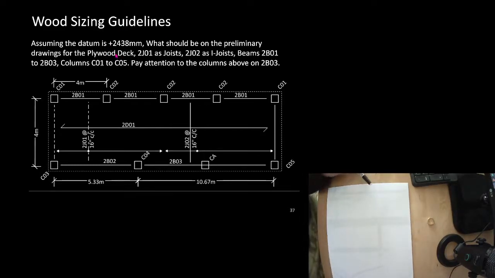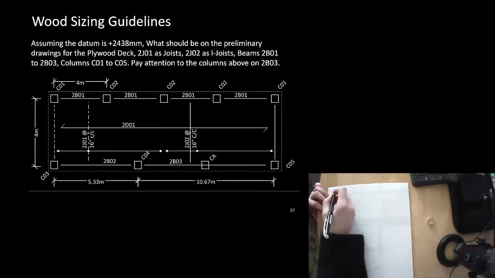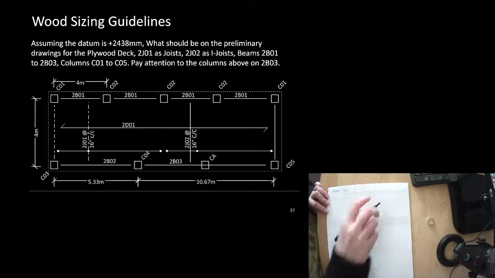So the very first one is the plywood deck. What should be on the preliminary drawings for the plywood deck? They haven't told us if this is a floor or a roof. I'm going to guess it's a floor because they put a 2 here instead of an R. So remember I said a floor should be 3/4 inch plywood. So that's the very first one. 2D01 is going to be a 3/4 inch